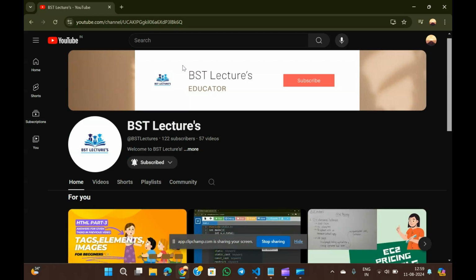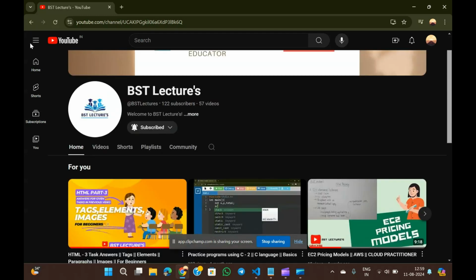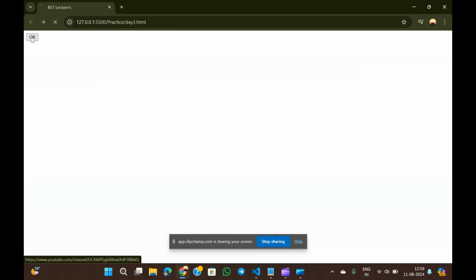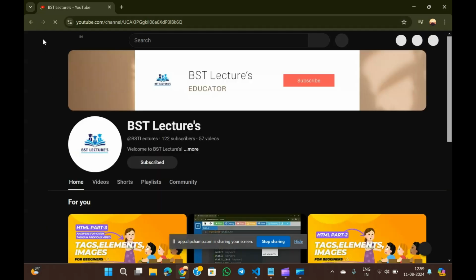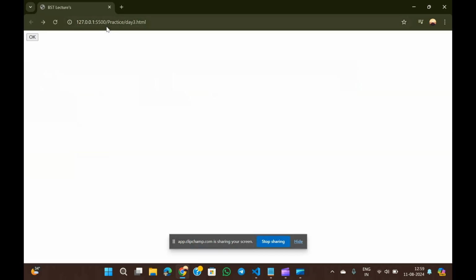See, again my page is redirected. If you observe, when I am clicking okay, it's opening in the same tab. But if I want it to not open in the same tab, and to open in the next tab, then we have to use one attribute which is known as target.